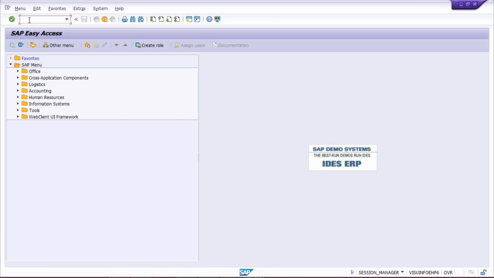Now if you want to see the report of how much rent we have posted in total, or how much rent we have paid till now,